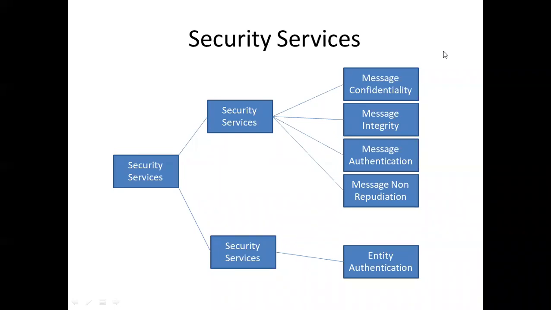Now we all know that when we have a network or when we have internet, our messages, our data is being transmitted from one point to another. So we need to ensure the security of that data. We need to ensure that the data reaches the destination safely. This is very, very important because you are going to make use of public networks, and your data could be available like open access. So if it is confidential data, then definitely it needs to remain secure so that only the necessary and authenticated users are able to see that data.